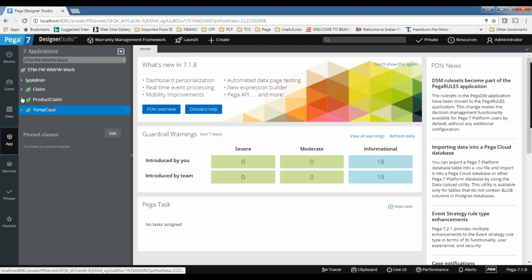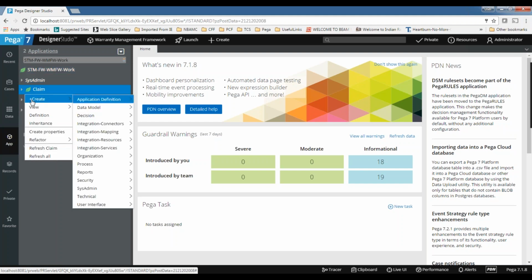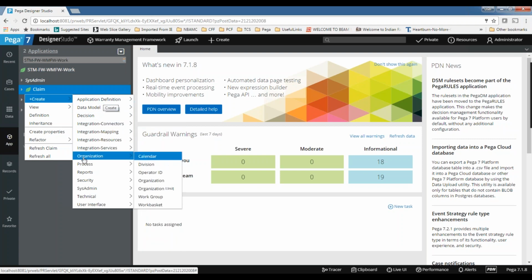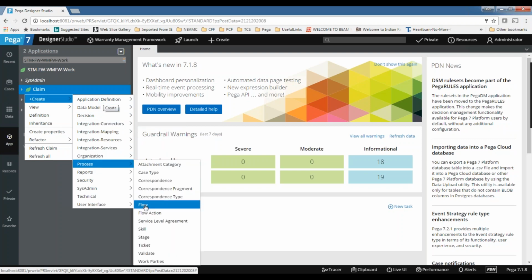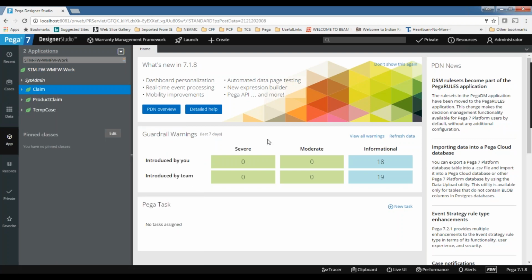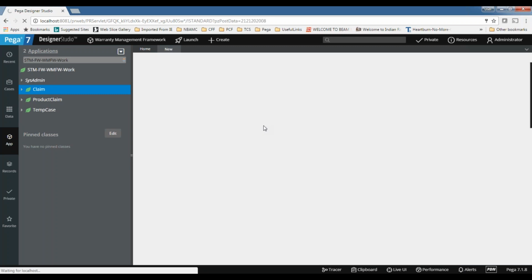If you want to create a flow rule in any class, in whichever class you want to create it, click on the class name and go to create, and then the flow rule will be under the process category. You need to go to the process category and then click on flow and give some name for that.